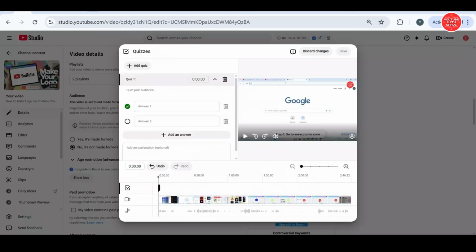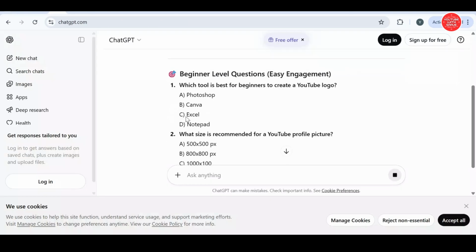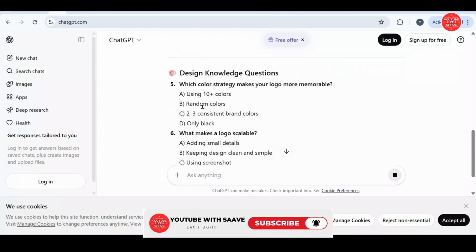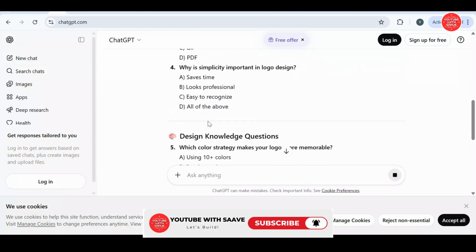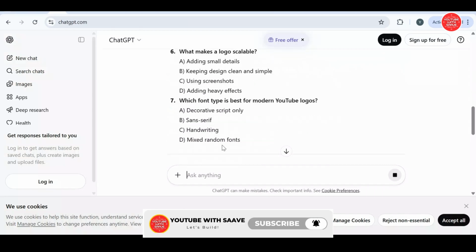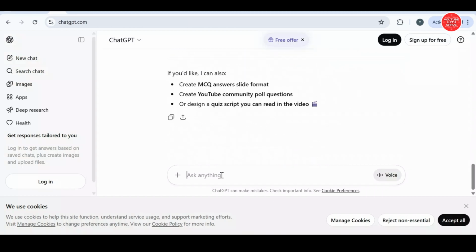So these are the questions they are sharing, right? And to be on the safe side, you can ask ChatGPT to verify the answers, right? So that it's safe,